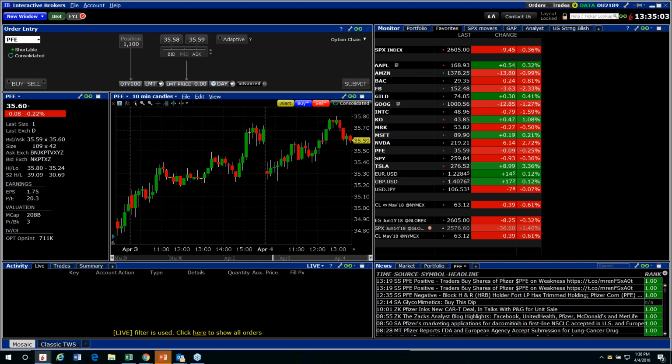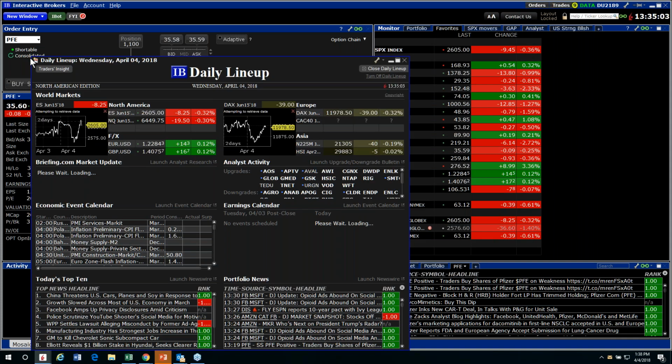Can I explain? Robert's got a question about the purpose of the consolidated button. And the consolidated button you're seeing right here is included in the order entry window. Now, that is because of the way we handle market data. If you do not need market data or real-time data every moment of the trading day, we do give you the ability,